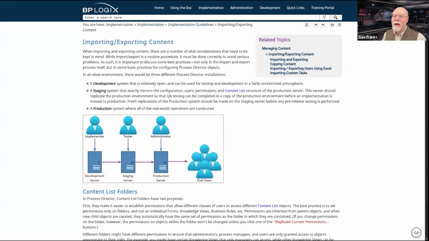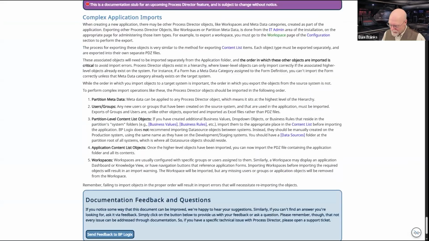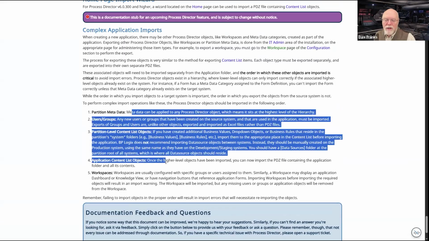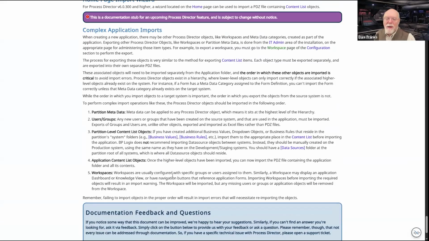So on the importing, exporting content topic in the implementer's reference, go to the bottom of the page, and it talks about how if you have metadata, or you've added new users or groups, or you have those global partition level content list objects, it tells you the order in which things should be imported.